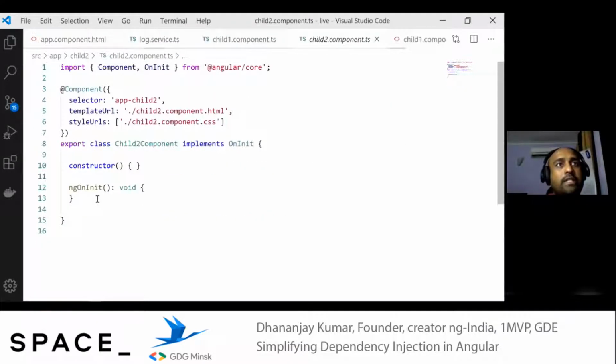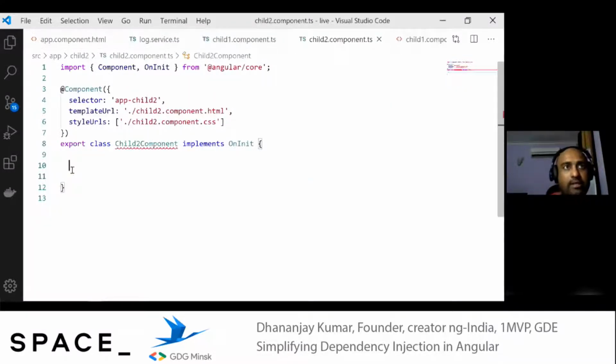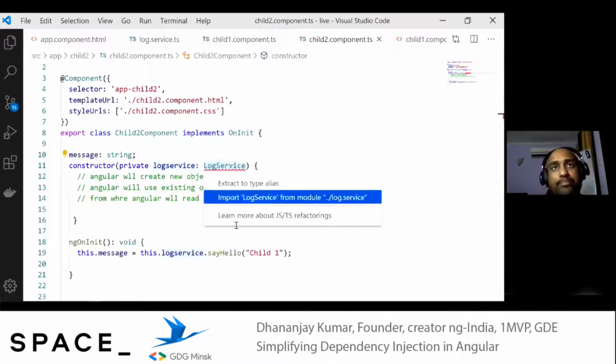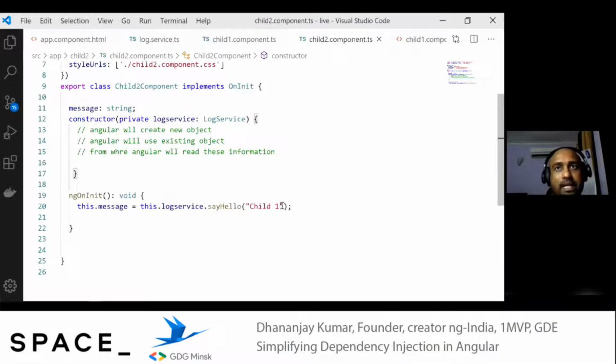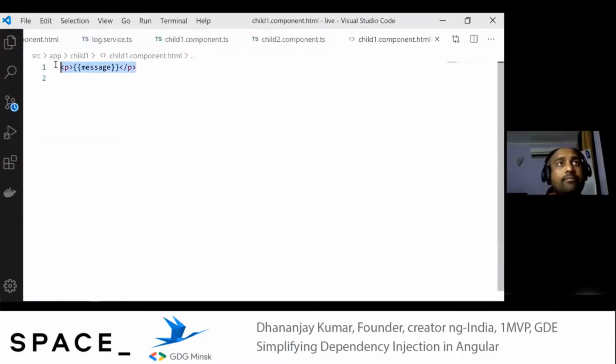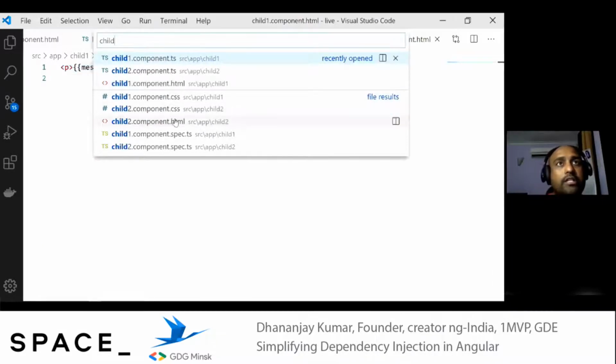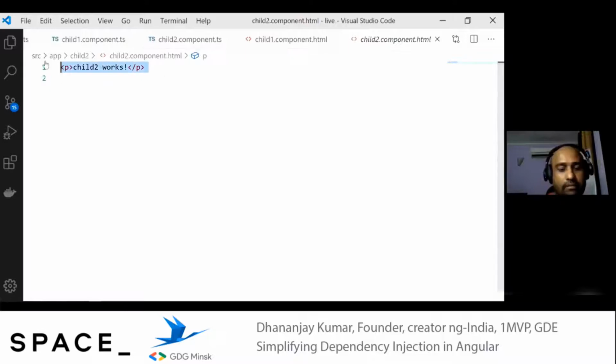So in the child2.component.ts, we are again putting this code and the log service. Let's pass it here in child2, and in the child2 component.html we are just passing that message. So you see that we have the child1 component message.